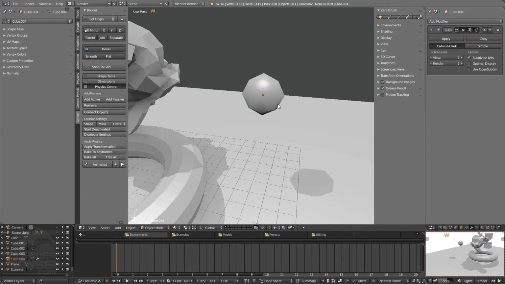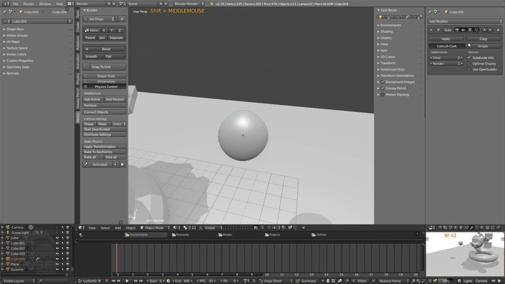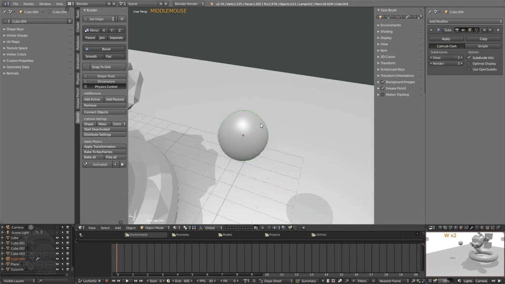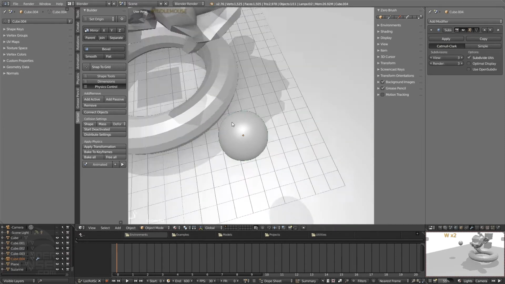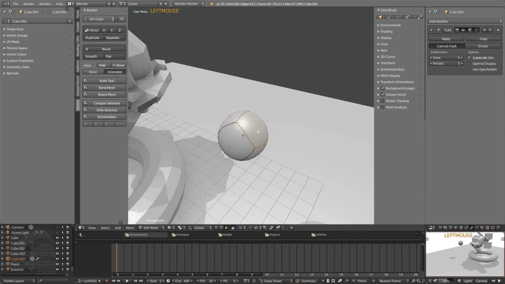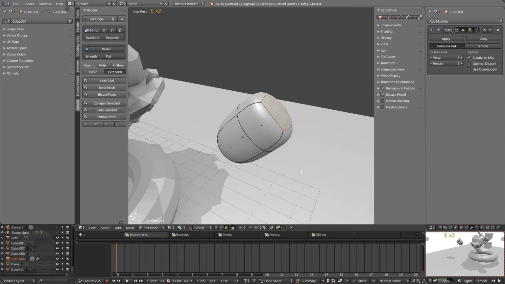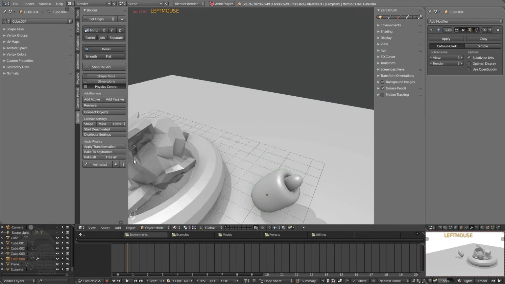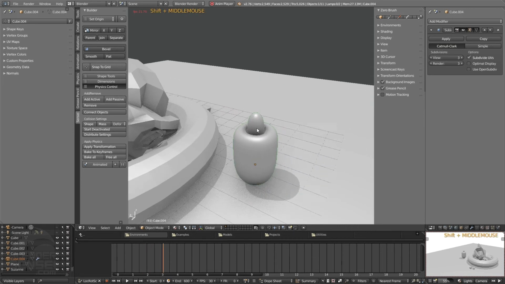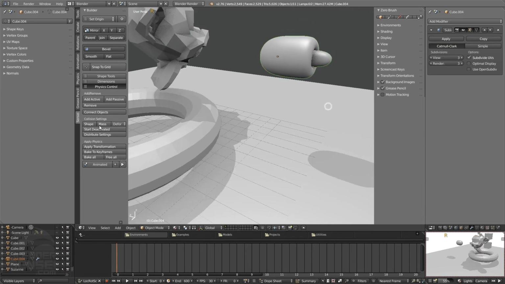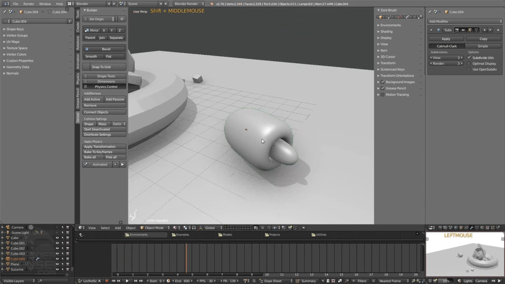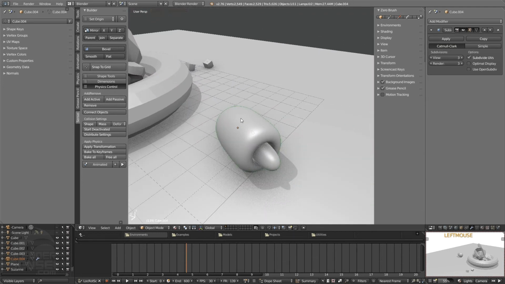So if I were to tap W, which adds a subsurface modifier, and press W a few more times, which increases the subdivision level there. A basic cube with a high level of subdivisions of a subsurface modifier will almost make the cube look spherical, but if we were to press tab to go into edit mode, select one of these faces, press E to extrude, E to extrude again, S to scale, do something like this. If we press play now, we'll notice this fall over like that, but if I were to press pause, go back, and rotate this some more, press play again, really, the only collisions that are being taken into account are